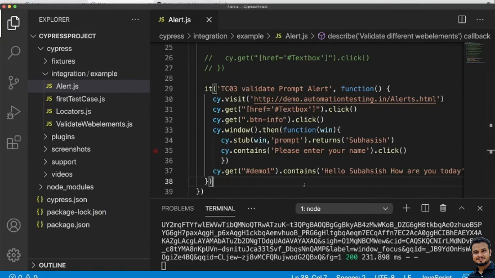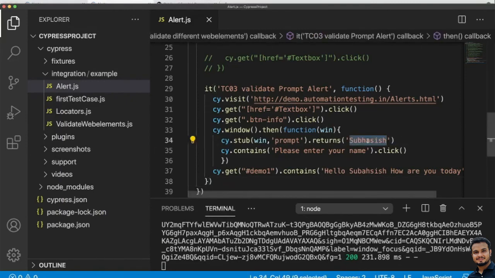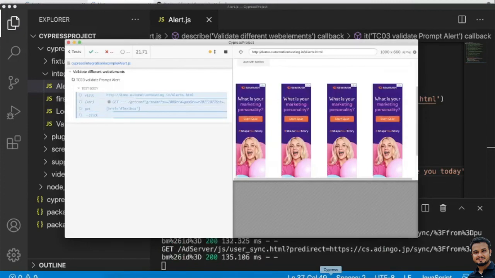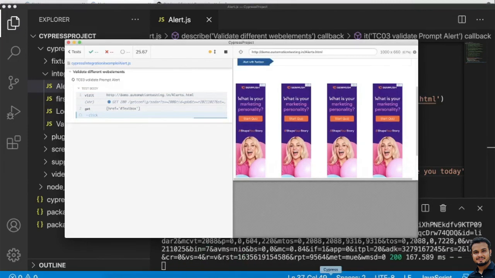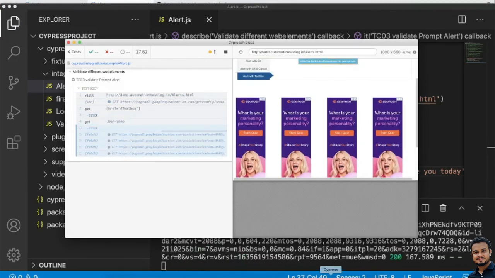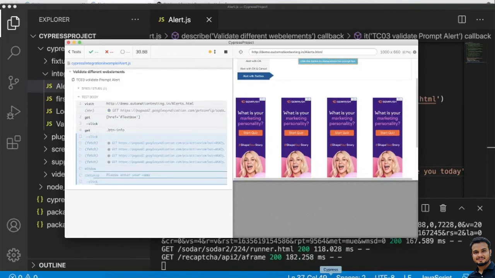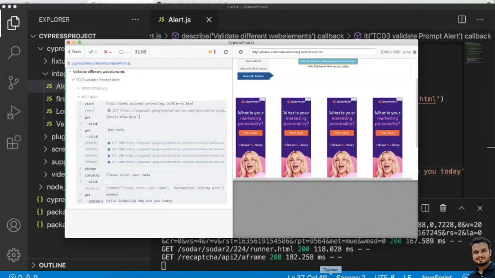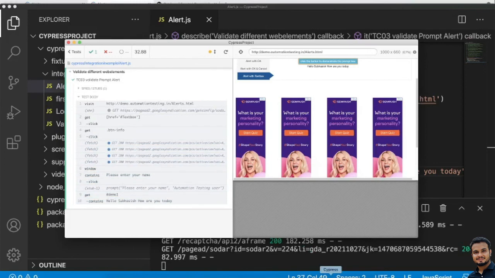Let's see what that is. Okay, I think this is a spelling mistake, so let me correct it. Let me save and execute. So here we see it is getting executed. Okay, it is verified, right?